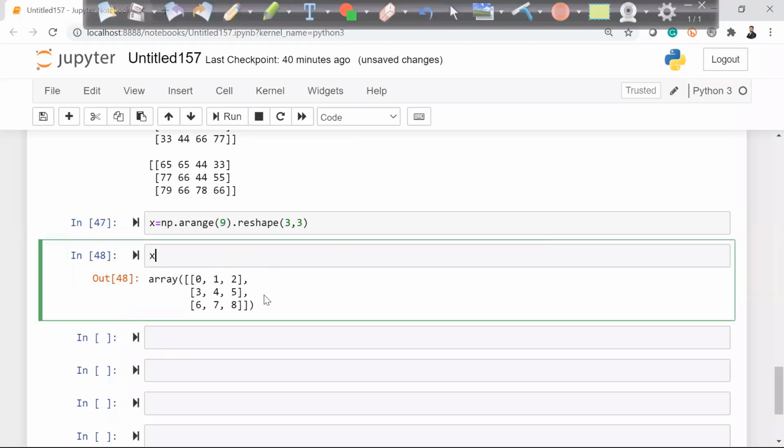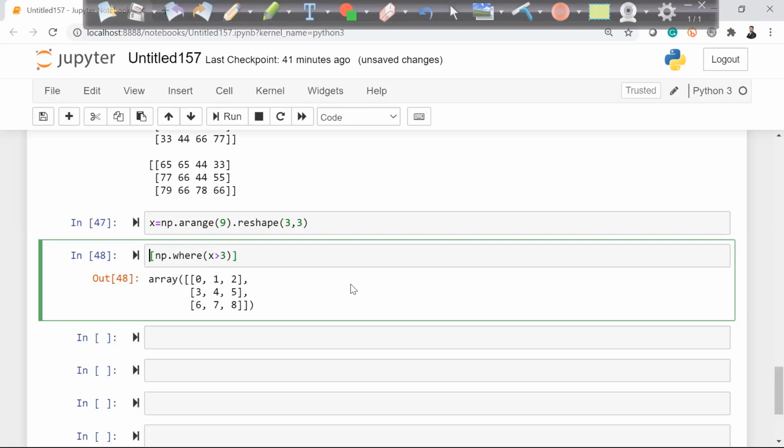Now in this matrix I am looking for the records where X is greater than 3. There is a command called np.where, where X is greater than 3.